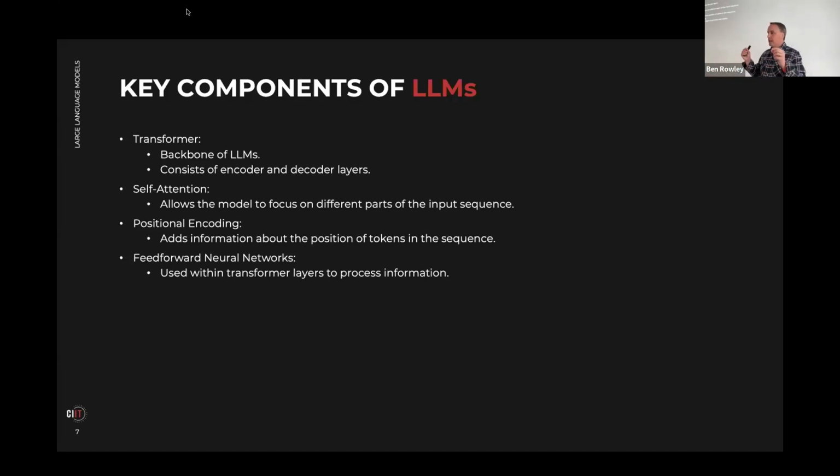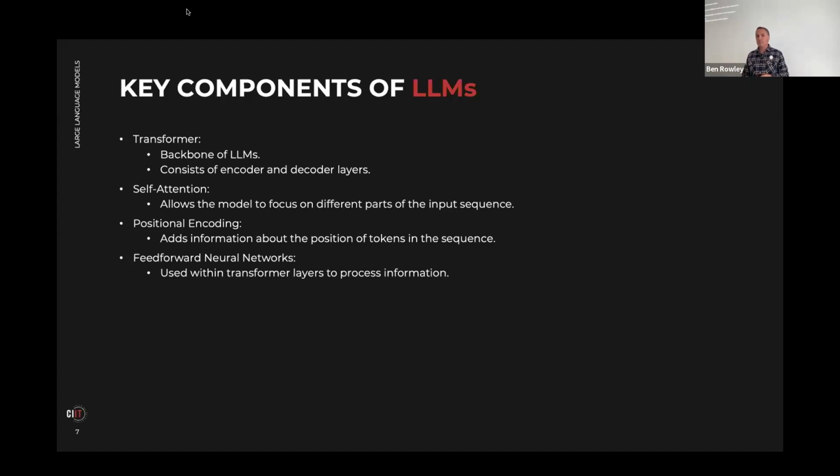Positional encoding allows the model to know where each part of that belongs in this input sequence, because as the text is processed through the model, all tokens, which we'll learn about in a moment, are processed in parallel, all at the same time. So without some kind of position encoding, the model has no idea where each token is